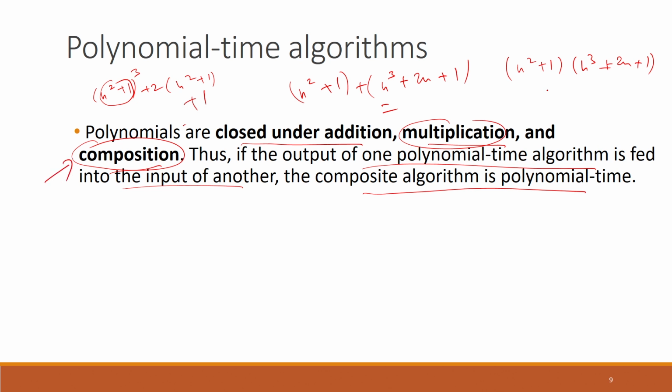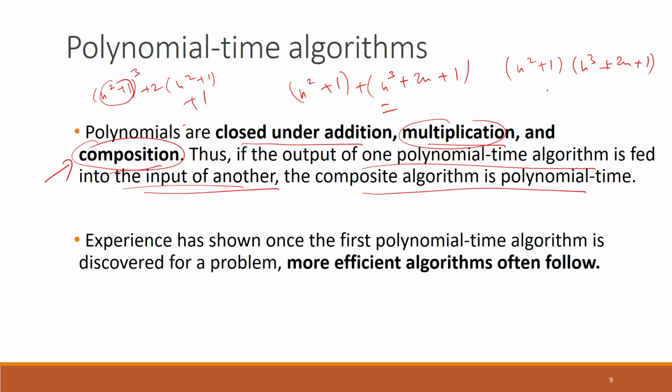So there, since we will be using the output of one polynomial time algorithm and feeding it into the input of another, we will still be able to argue that the running time of this overall algorithm will still be polynomial time. That is why in the analysis of these algorithms, this property that polynomials are closed under addition, multiplication, composition, helps a lot. Okay. Now, another very important aspect of why polynomial time algorithms are important is that